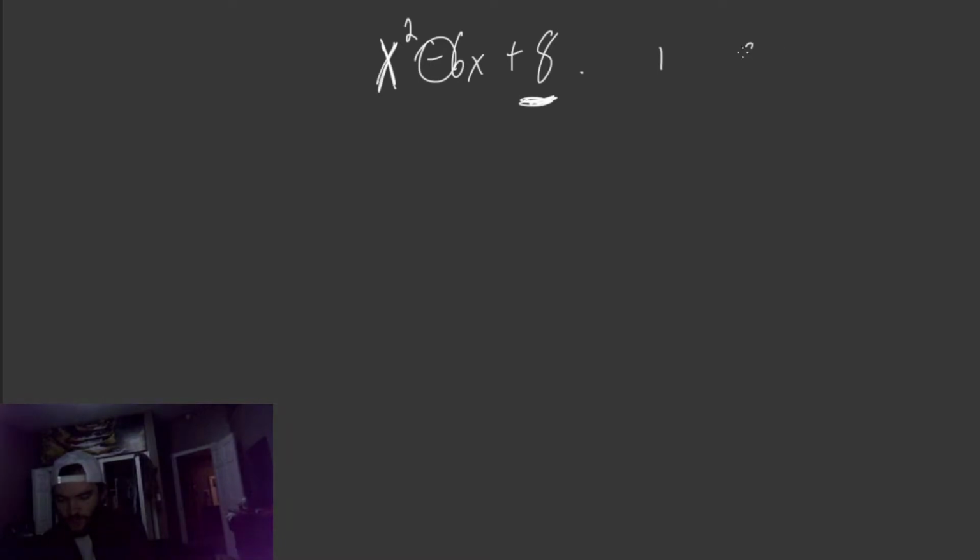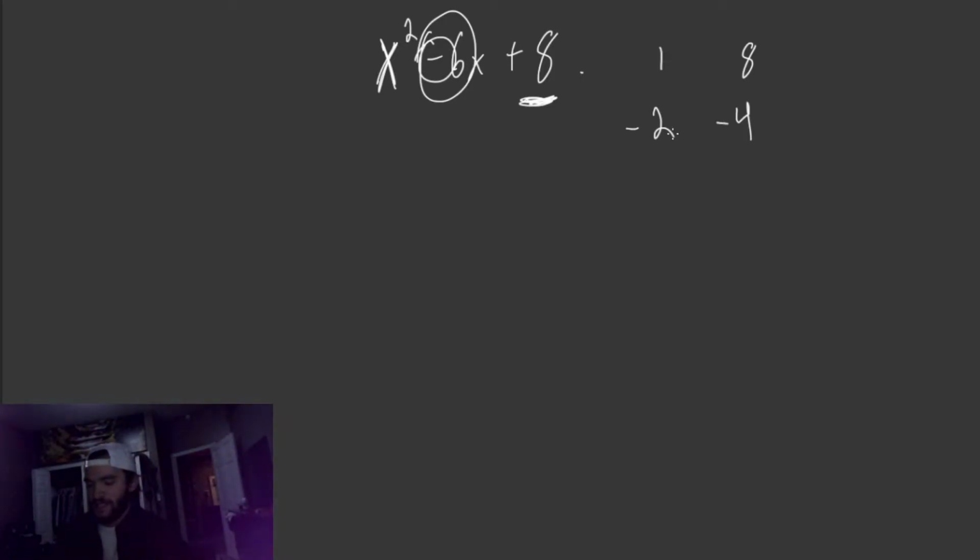So first off, you can say 1 and 8, then 2 and 4. And then that's about all we got with 8, right? And now I start to think, okay, so I know that 2 and 4 is probably going to be it, or 1 and 8 will be. But which combination of these two, rather 1 and 8 or 2 and 4, will add up to be negative 6? So obviously none of them, but if I made both of these